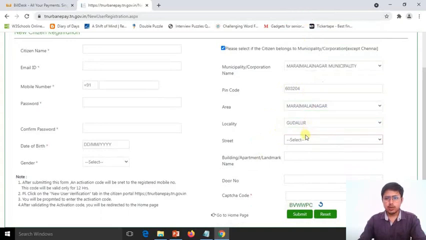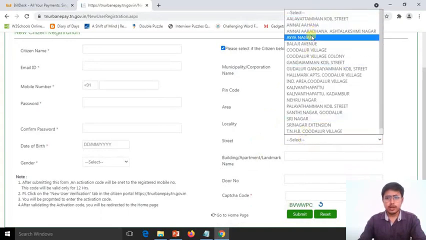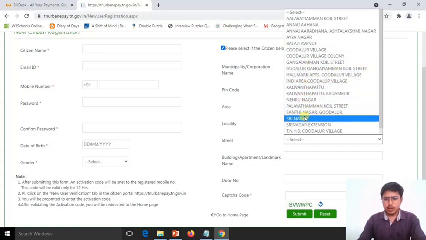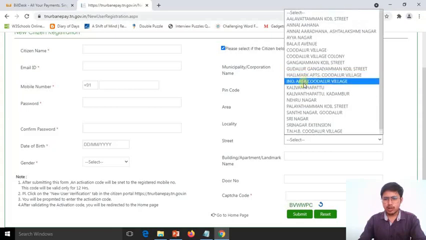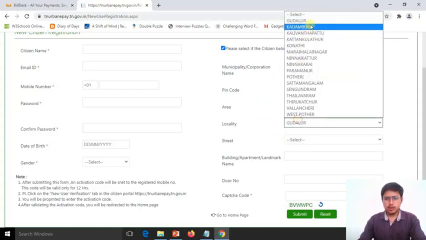Otherwise you can check Gudalur, what options it is giving under Gudalur: Gudalur village, Nehru Nagar, Srinagar, Tirumalai, Gudalur industrial area, Hallmark apartments, Coil Street and all these things. I don't think we come under Gudalur, so definitely we come under Marai Malai Nagar.